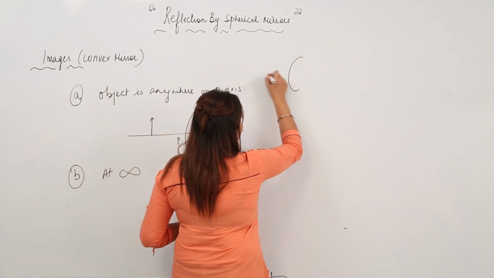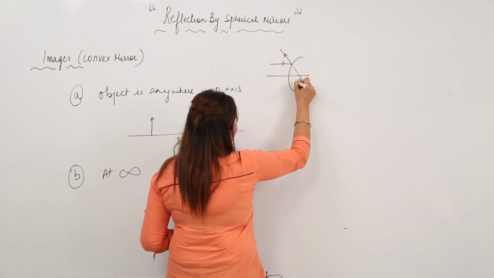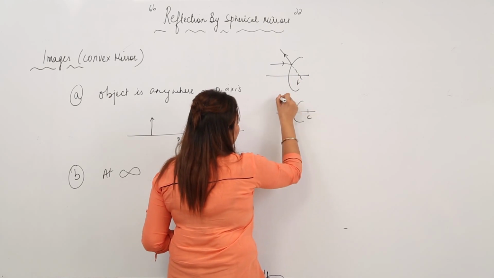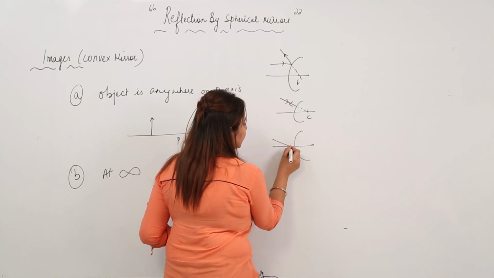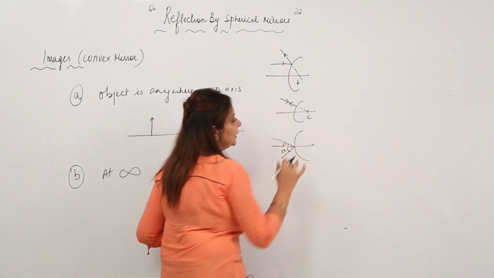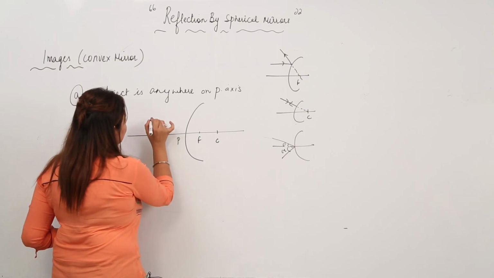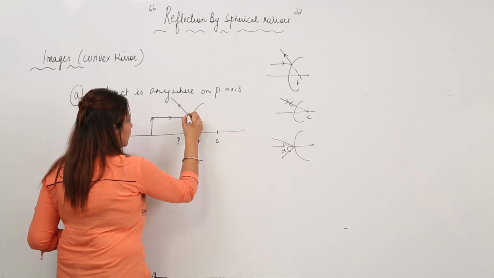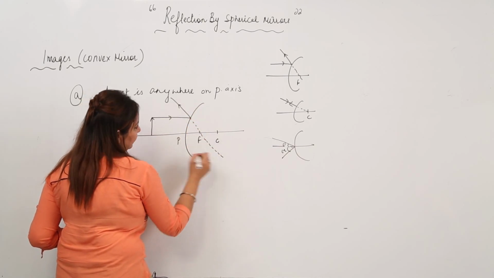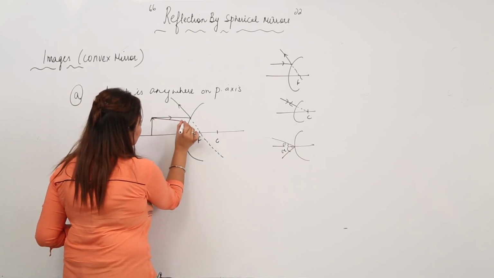Again we need to take those rules. I think you remember the rules: a ray coming parallel to the principal axis diverges but appears to pass through F. The second rule was a ray which appears to be coming from C just rebounds back. And the third is a ray striking at a certain angle gets reflected by the same angle. So here again I am going to take 2 rules: a ray coming parallel, after reflection, diverges but appears to pass through F. The second one, I am taking a ray that appears to be coming from C,